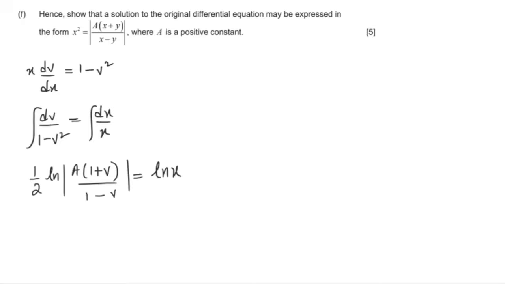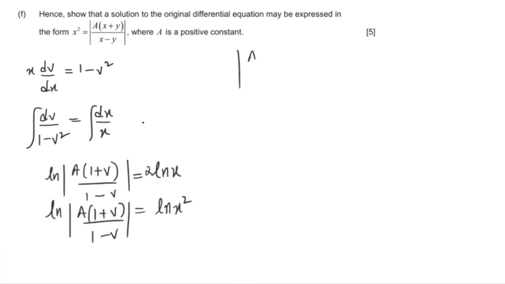So now we need to show that the solution should look like that expression over there. So first I need to get rid of this 2. So allow me to erase this and take it to this side. And that will eventually become ln x squared. When you have same base logs on both sides, you can get rid of the logs, anti-log them. And so my expression will now look like a times